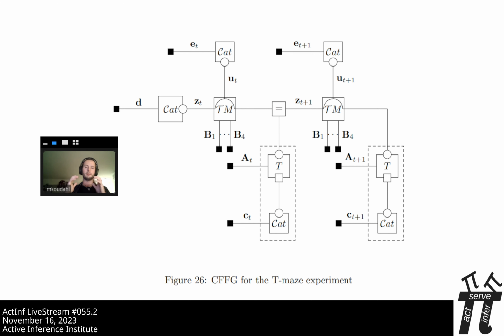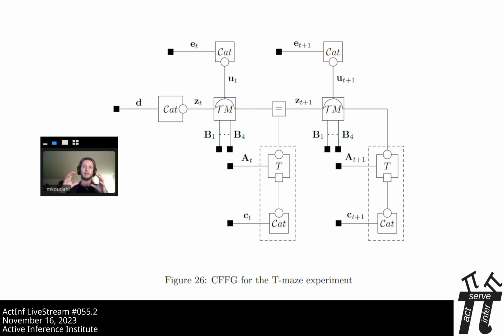That's, to me, one of the big contributions that we wanted to put forward with this paper, is that you can now put all of this directly on the page, unambiguously, what exactly is happening. You'll notice, for instance, here we have different E vectors for E at t and E at t plus 1. That's also a choice. You could, for instance, have these be linked together and say they have to share the same thing. And that same thing now has a prior. That's something you could do, and that would be a completely valid graph, and you could figure out how to do inference in that.